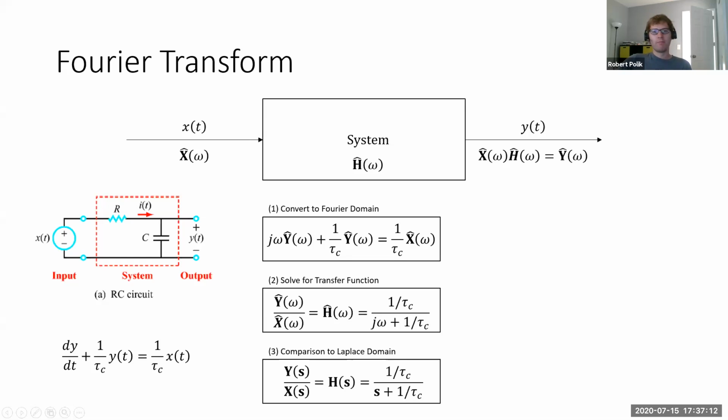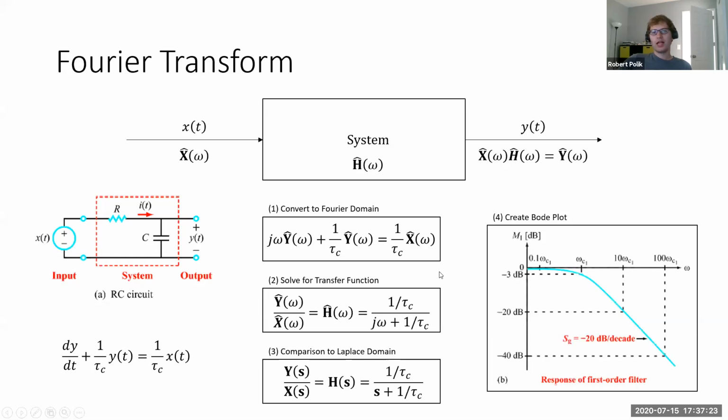And so, excuse me, we can now figure out what's going on here with this transfer function. We can look at all of the different omegas, all the different frequencies, and we can graph it out. That's what this Bode plot is. They're looking at frequencies from 0 all the way to 100 of a certain frequency. This frequency, I believe, is equal to 1/tau_c. And so what you see is that at the very high frequencies, your transfer function is very, very small. And at the low frequencies, your transfer function is 0.